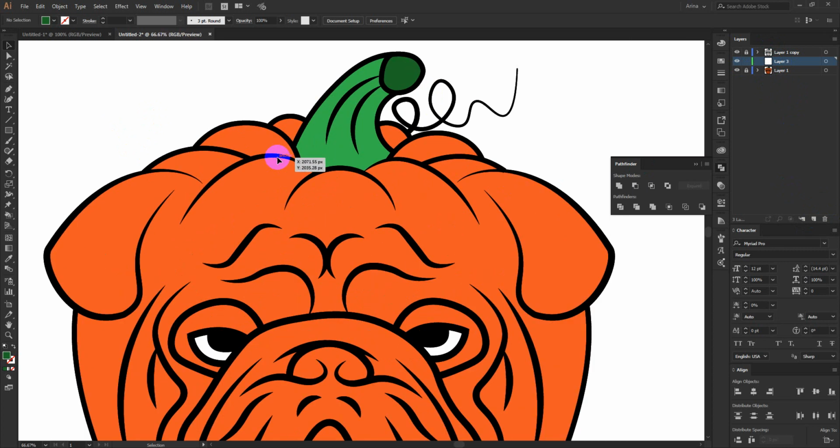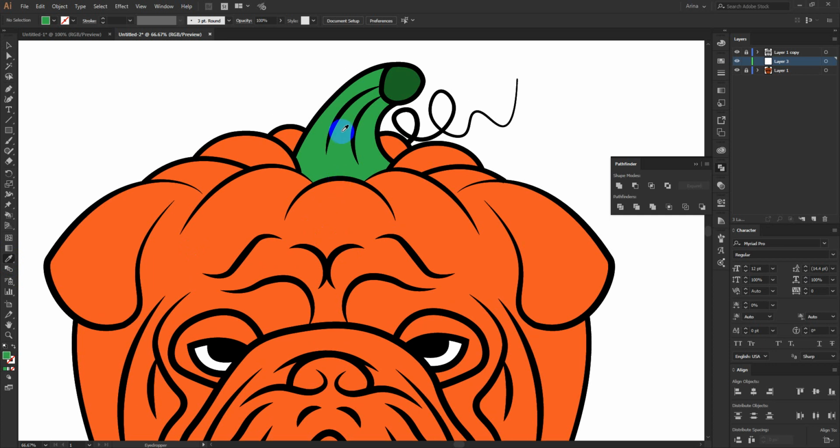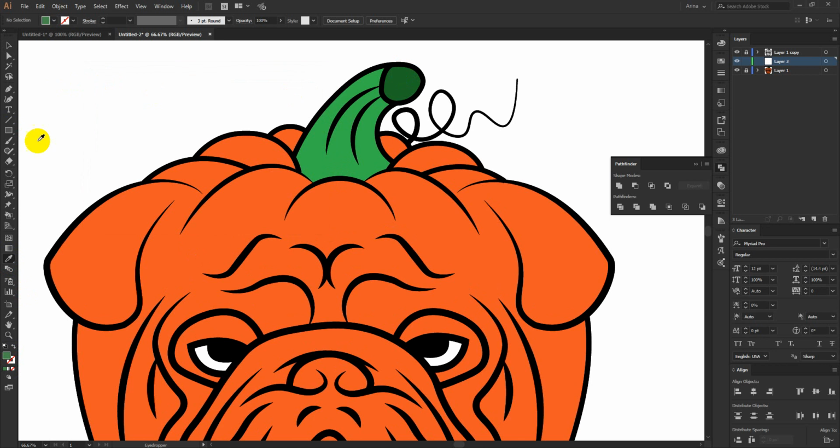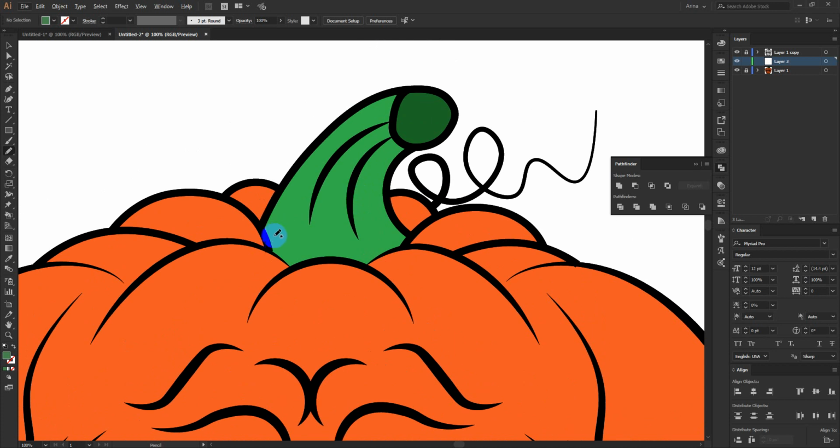So in this blank layer I am going to use some shadow. For that, first of all, I am going to use my eyedropper tool to sample any color from here. Then I am going to use a bit darker tone of that color, like this. Okay, now I am going to use my pencil tool here to make some random lines for this area,